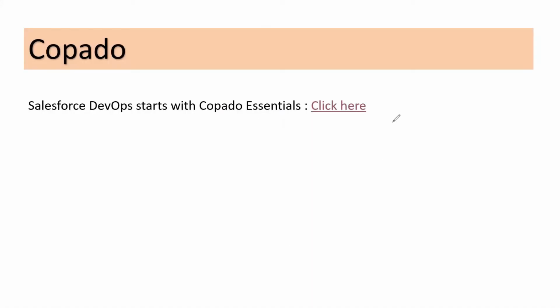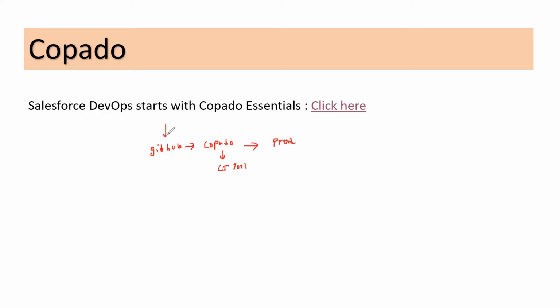Finally, we have reached the point where we can get started with our Copado. So Copado here is acting as a DevOps tool, which is helping us with the continuous integration deployments. Copado is helping us with the CI jobs here. The idea is, as and when we make changes to our GitHub repository, Copado as a CI tool should pick up those changes and deploy to the targeted org that we have. So that is the entire idea here.